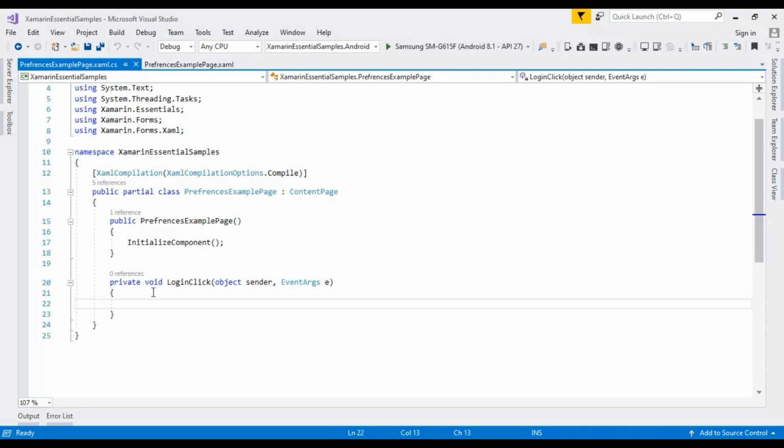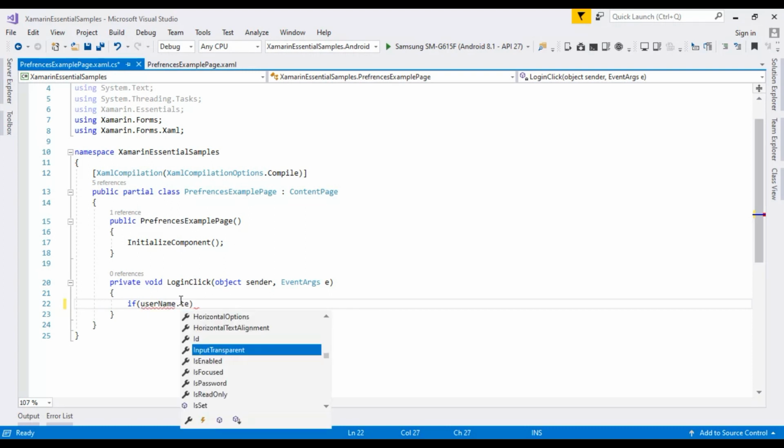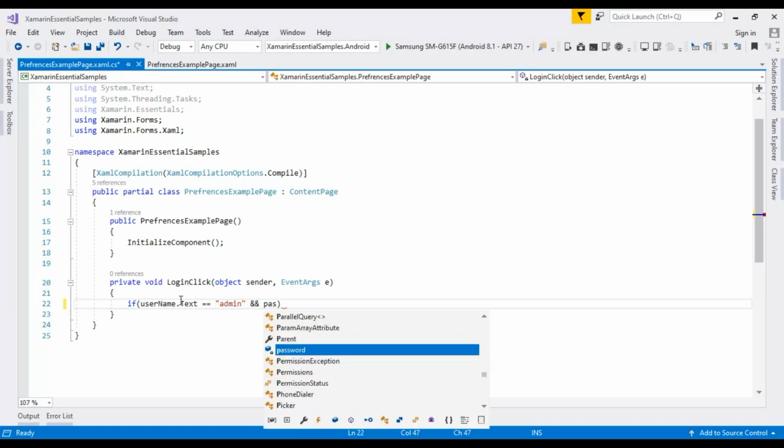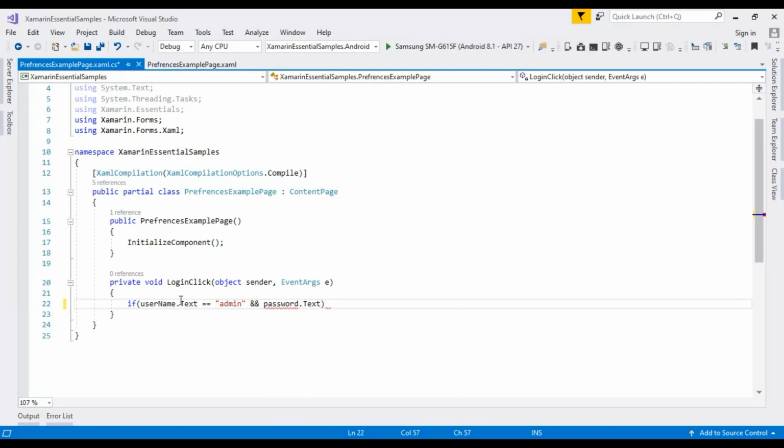Inside the backend class we already implemented the login click event, and inside it we are going to compare the username and password with hard coded values. So username.Text equals admin and password.Text equals 12345. Here I am just comparing with hard coded values to show the sample.